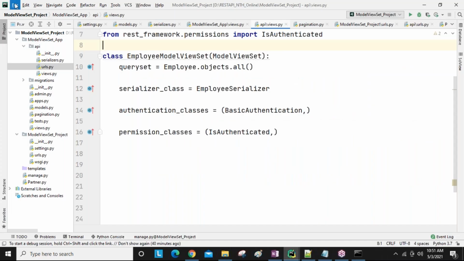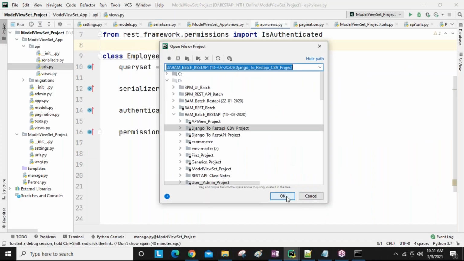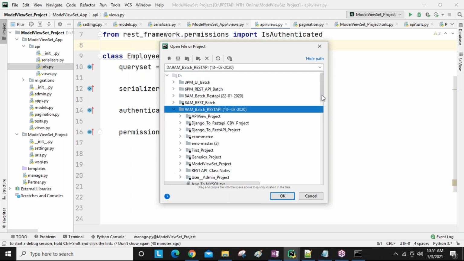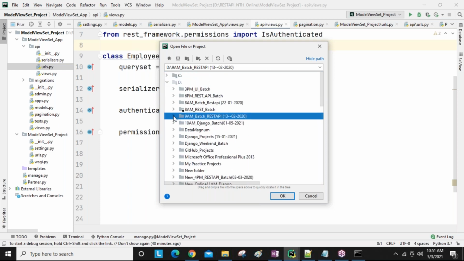Then our system is going to be opened. So I'm going to click on open, guys. My computer is opened. Your project may be available in the D drive or the E drive or anywhere, so go to that location. See here, this is one project, guys. One batch folder. They're all the projects we have done. Like that, we are maintaining all the batches.